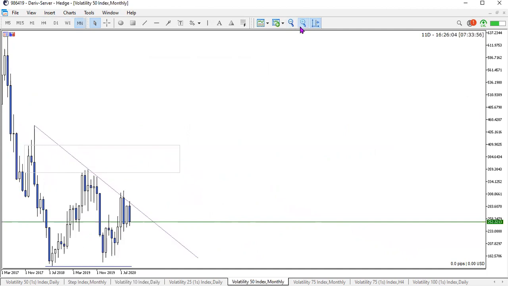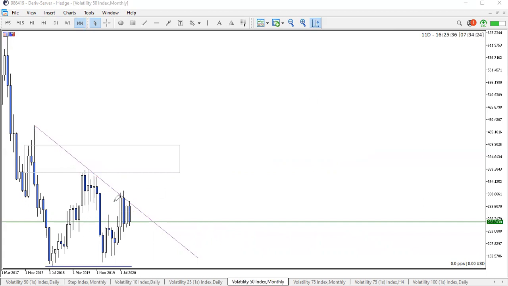Now, I have looked at the monthly chart and I've basically identified this downward trend that's happening in here, right? As I mentioned, remember when I've been speaking about volatility 50, I have been saying that be wary that all we're doing on the daily chart is we're taking part in a retracement, right? So don't get too fixated on the fact that we're looking for buys. Be open-minded to the fact that the monthly and the weekly time frame are currently bearish at the moment.